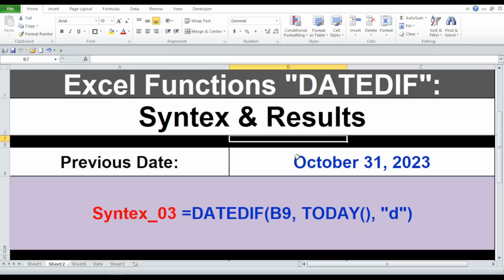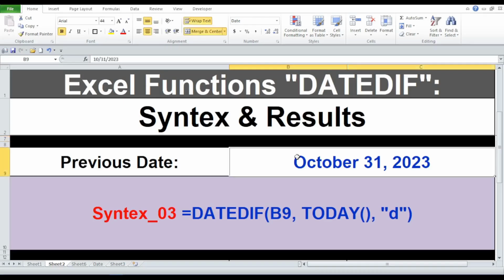For instance, if you have a date in cell B9, you can use this. In cell B9 you are watching a date, 31st October, 2023. And today is 1st November, 2024. Now you are watching,